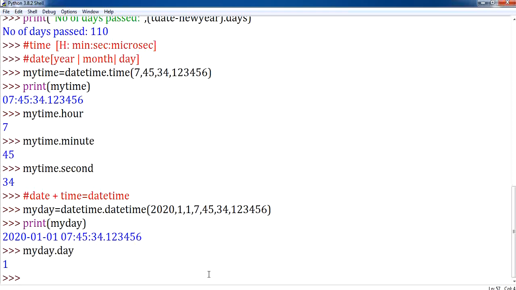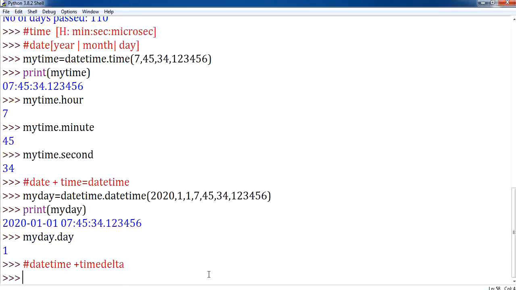We are going to deal with date and time delta. So far we have seen how to access time and day with time delta. Now we are going to see how to access datetime plus timedelta. Clear? Now let us initialize this.